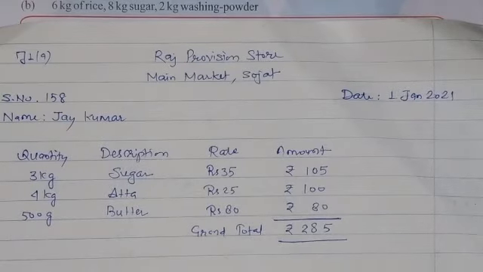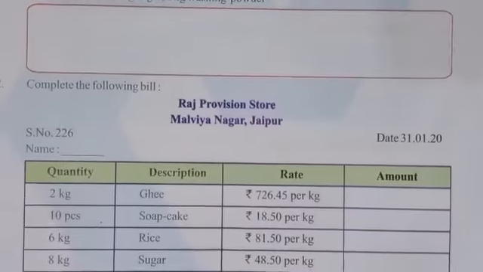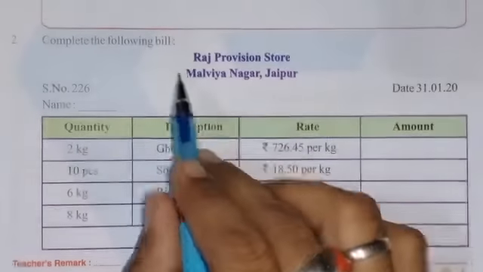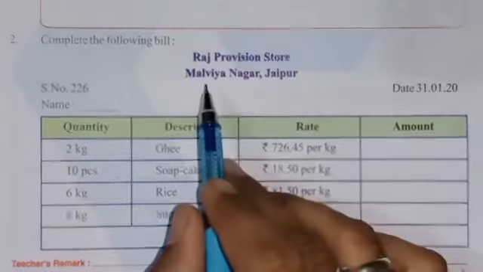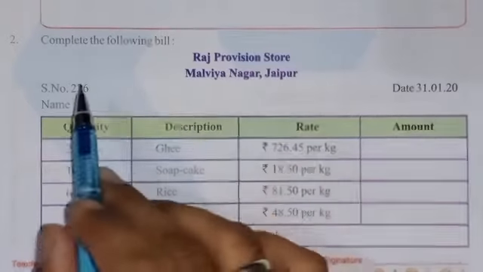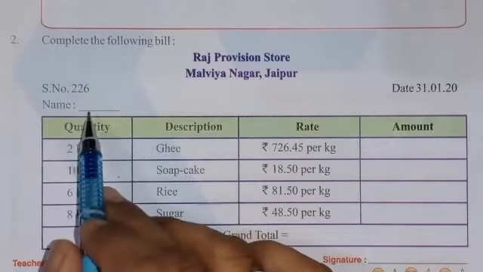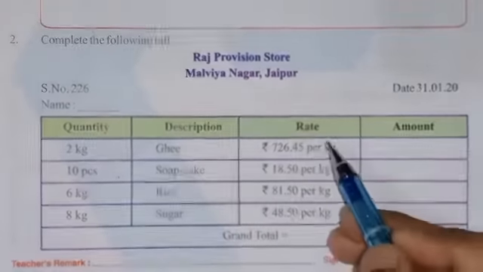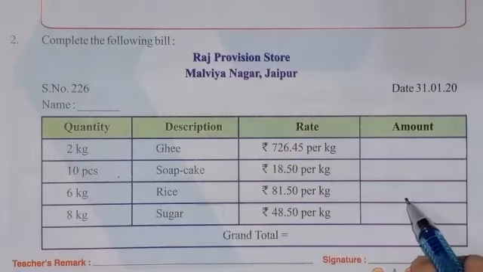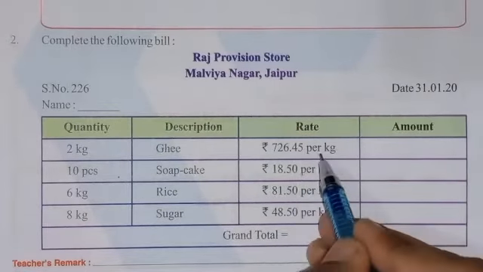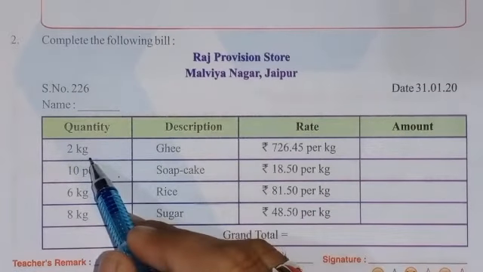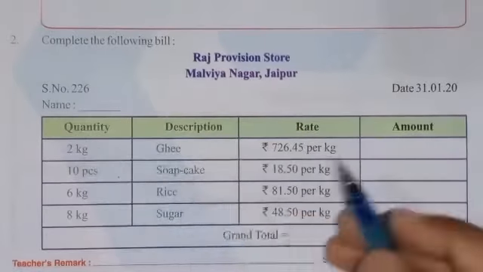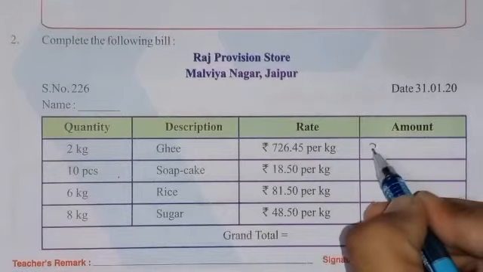Okay students, now continue to see the next question, question number second: complete the following bill. You have to complete this following bill. You can see Raj Provision Store is a store which is situated in Malviya Nagar, Jaipur. The serial number is 226. The name of the person is not given. Date is given. Here some quantities with description are given. Rates are also given. You have to note down the amount here. So how to write the amount? This is the cost per kilogram, and we are going to purchase 2 kilogram. So we have to write down the amount, 2 multiplied by this. So multiply this number by 2 and write down here rupees